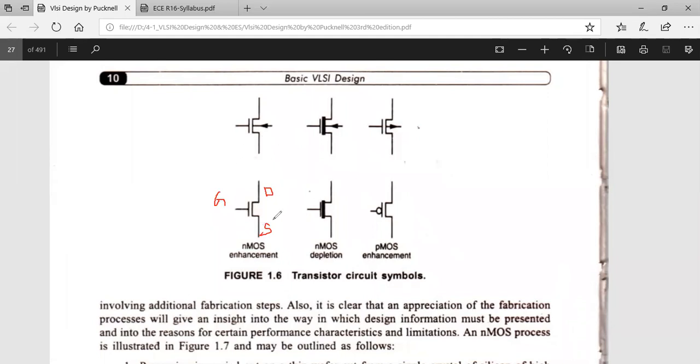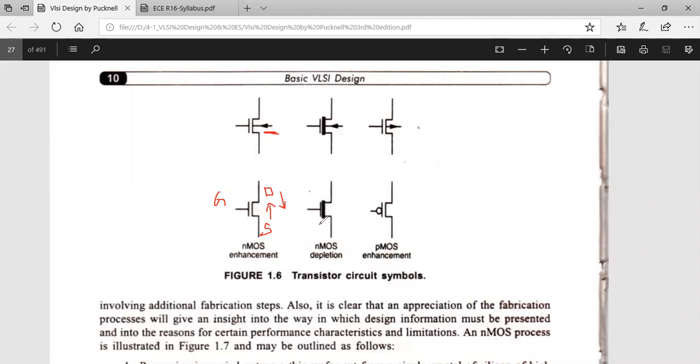The movement of electrons will be from source to the drain. So automatically the current direction will be in the opposite. Right. Okay. Generally, this is the indication of the substrate. So for enhancement mode, you can observe that the line is thin, but same thing, NMOS depletion mode, here you can see the line is very much thicker here. That means the channel is formed in the early stage itself only.